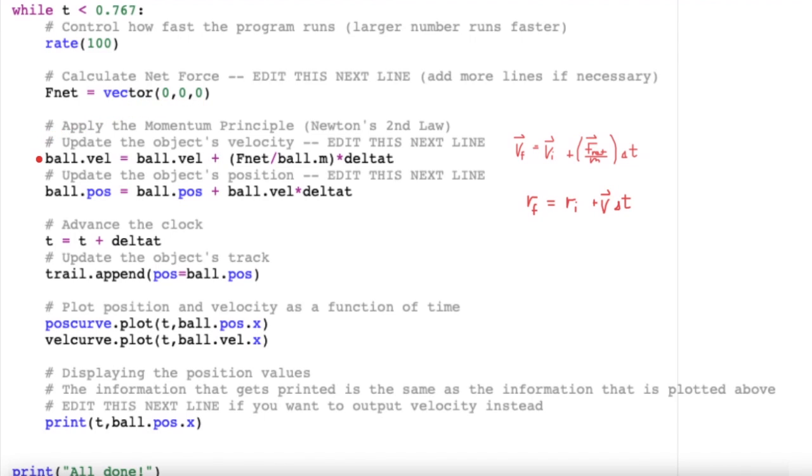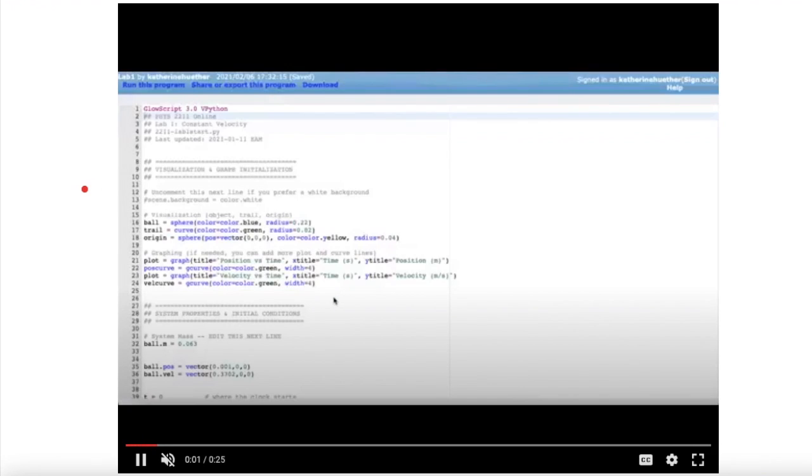As well, we have to update the velocity of the ball, which is the initial velocity plus acceleration times change in time. And we know the acceleration is equal to the net force divided by the mass, as described by Newton's second law of motion. Additionally, we need to update the position of the ball, which is the initial position plus the velocity times the change in time. Now, we run our code through,